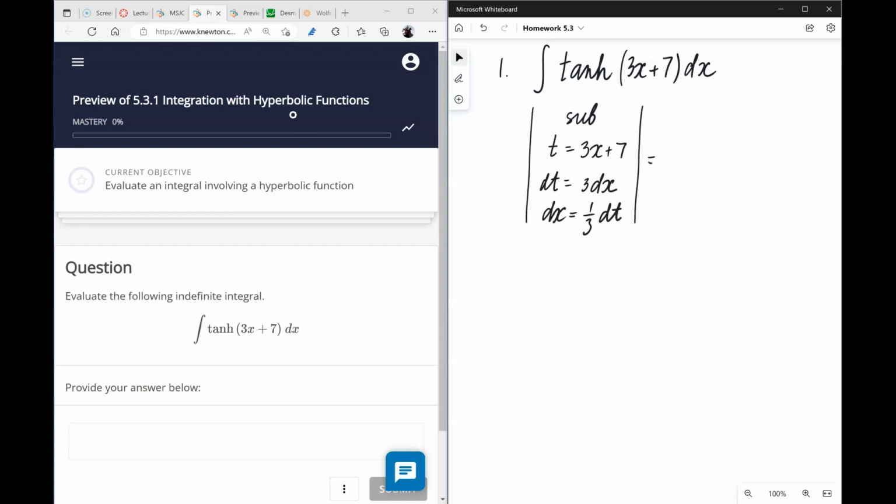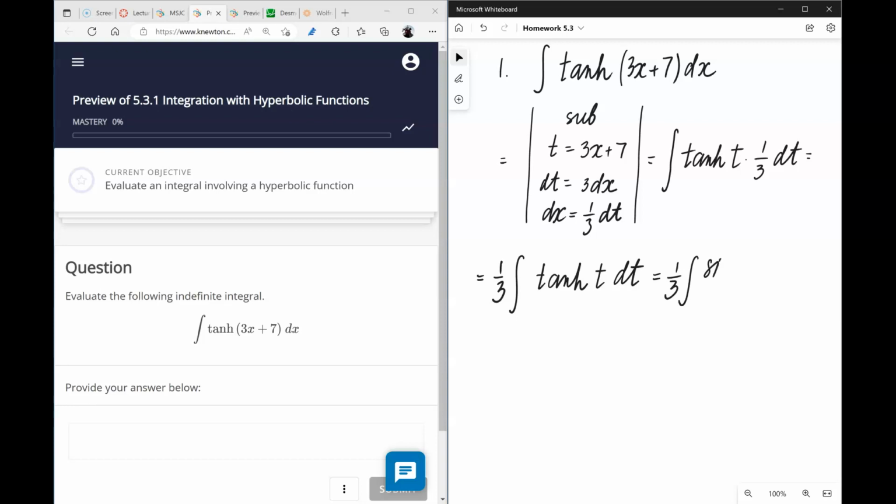So we can now replace 3x plus 7 with t. And instead of dx, I will write 1/3 dt. So 1/3 comes out. And now the question is, what's the antiderivative of hyperbolic tangent? And here we may recall that hyperbolic tangent is hyperbolic sine over hyperbolic cosine,